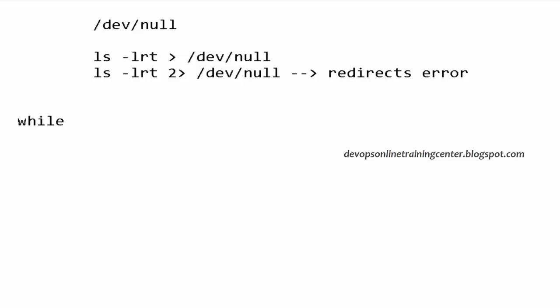Okay, so there is something called a while loop. Let us say you want to print 1 to 100, right? So how do we print? The syntax is something like this: while and some condition, do.